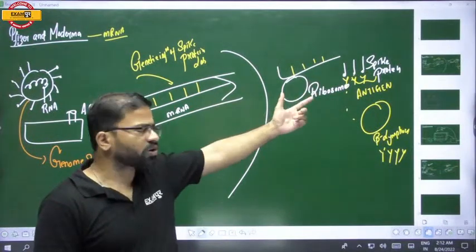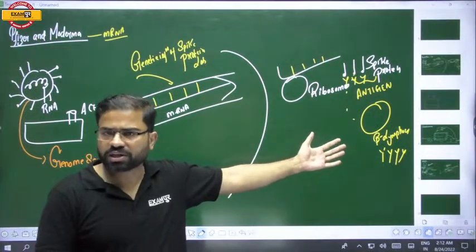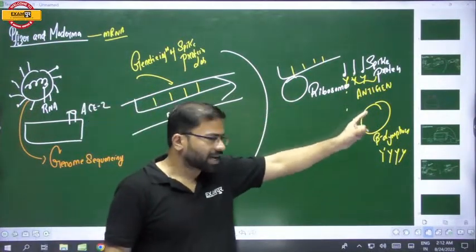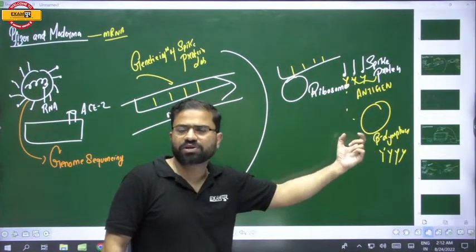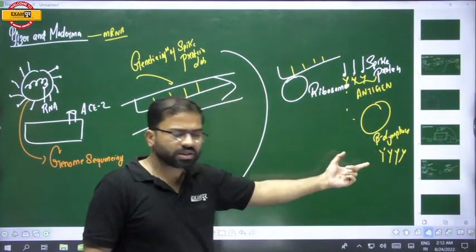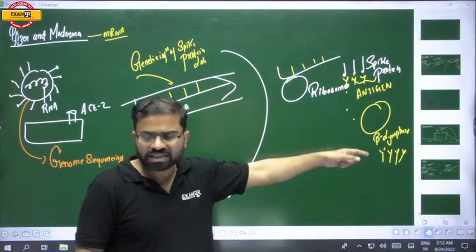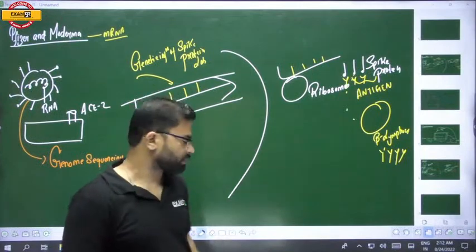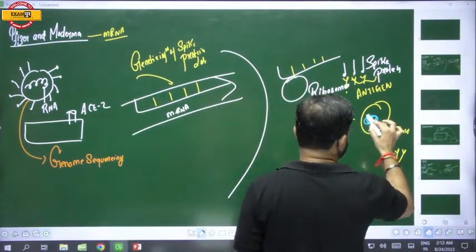But here the complete virus is not there. Only just a spike protein is there. Okay? And this spike protein is not harmful for you. But since it is a spike protein, an antigen, a foreign particle, our immune system will get stimulated, activated, and it will release antibody. Now these antibodies are being released. But since our immune system has been activated, immunological memory will get developed. What is it? Immunological memory